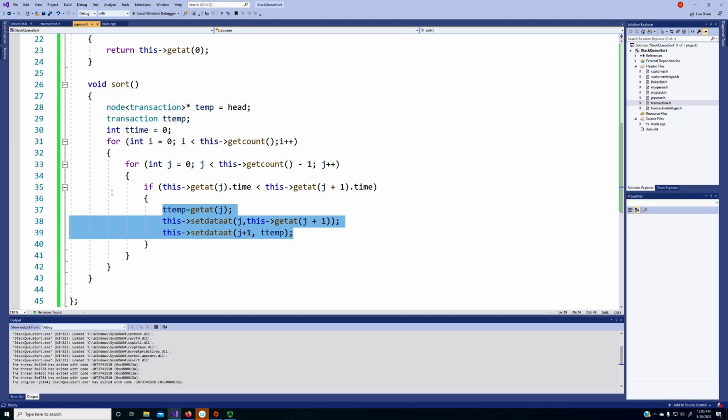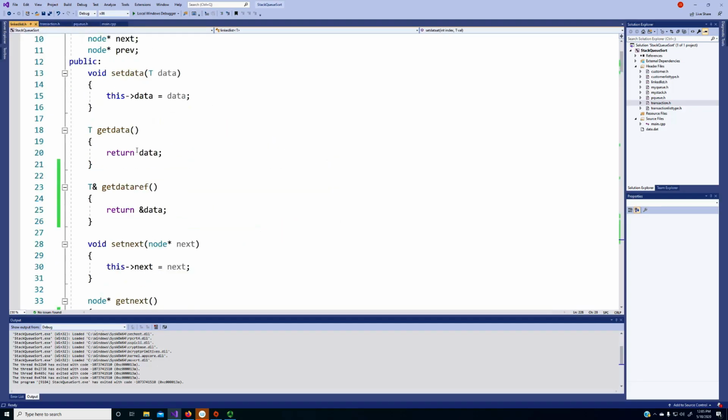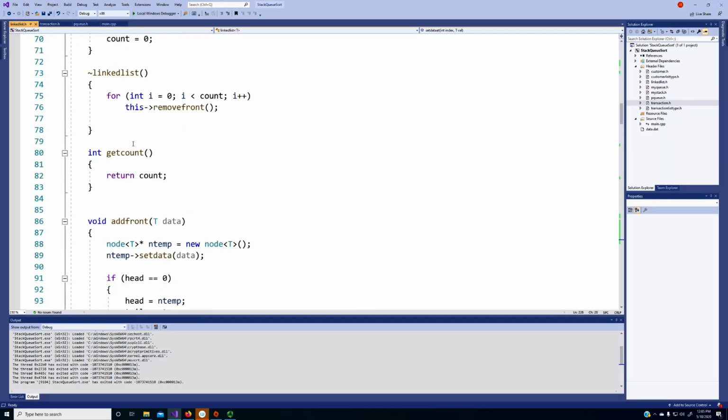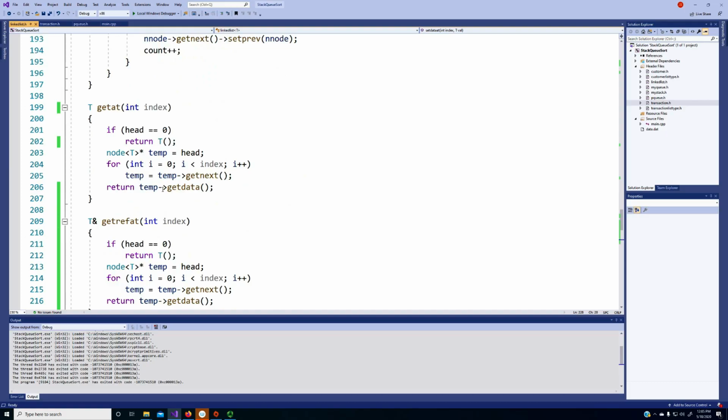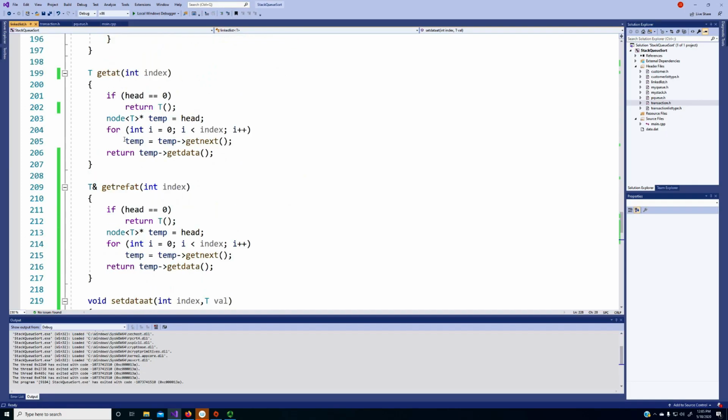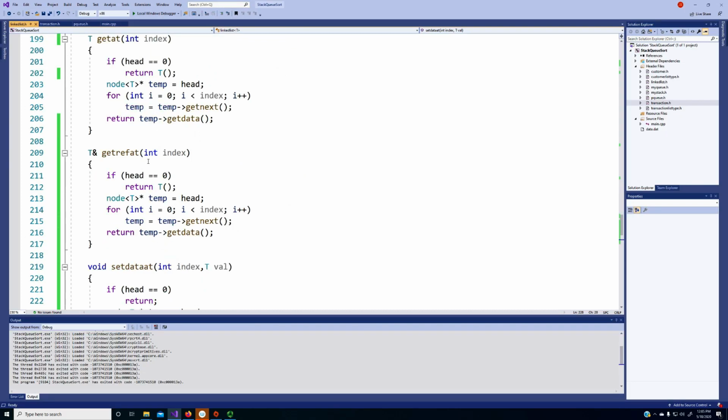So in any case, let me show you the set data at function. And that will conclude our sort of transactions. And it's our own priority queue. So we essentially have now this added to the linked list. And it's a totally appropriate utility function that you might want to have. So you see that I added a get at and a get ref at. You probably don't really need this get ref at, but this is one of the ways that you can do a subscript